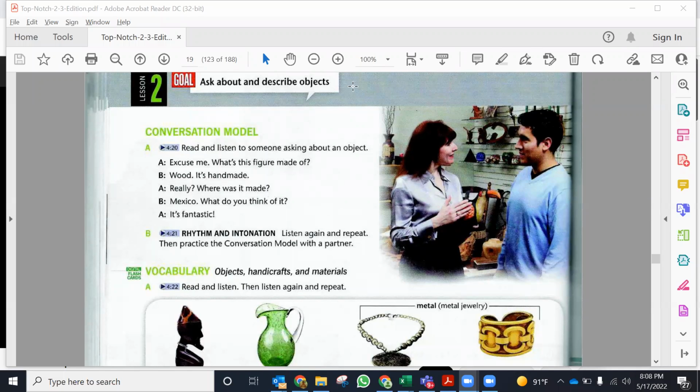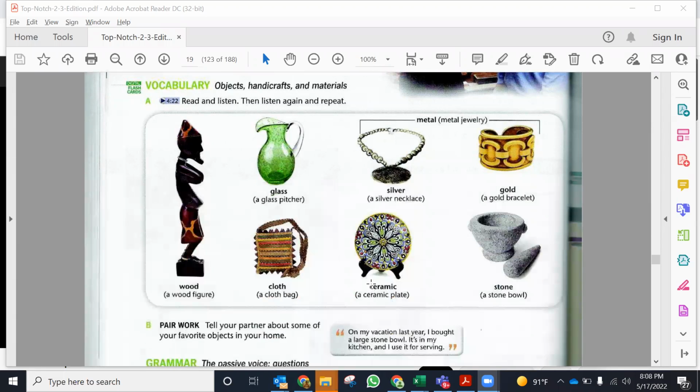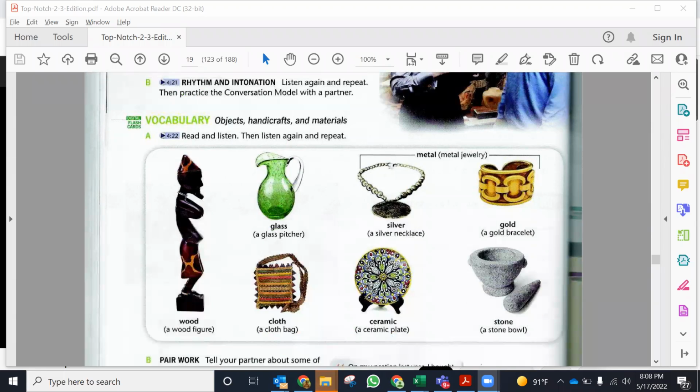Entonces, hoy vamos a, lección 2 se llama Ask about and Describe Objects, ¿ok? Ask about and describe. Ask about es como preguntar por, ¿sí? Ask about, can you ask about that blouse? I like it, okay? So, I'm going to go straight to the vocabulary and then the grammar section for the exercise, all right? So, today's vocabulary,